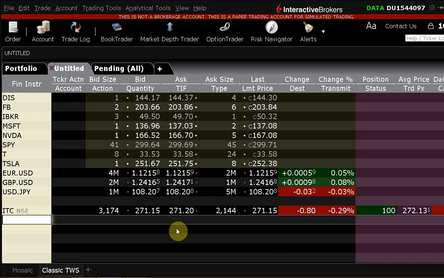About 50% of the customers will be sellers, roughly, in the long run, and about 50% will be buyers. So Shivam just sits there the whole day and he buys huge amounts at 271.20 and sells huge amounts at 271.25, and that's how they make money. The reason I'm not calling them directional speculators is that the focus and business philosophy are very different. These guys don't want huge movement, because then it becomes very difficult to manage, and they don't want to take a very strong view on the market. They just want to quote bid and offer prices and have a massive volume of trade, about 50% on each side.